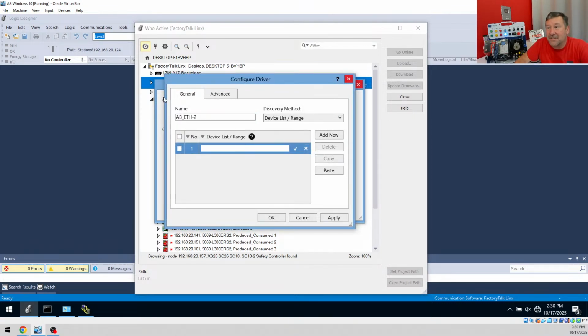Here's the next thing Rockwell really did that I think made this stellar: they defaulted the one that's built into broadcast. And when you go to add that second one, it knows you probably need device range. We could add another broadcast, but I don't know why there would be a reason for a second broadcast. There is a remote local thing, but I haven't ever used it. Now, instead of sending out this broadcast saying, is anybody out there, this is going to say, I want to go talk to this particular device. So I'm going to enter